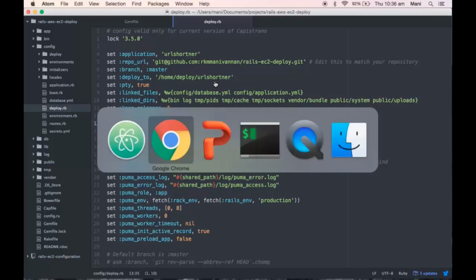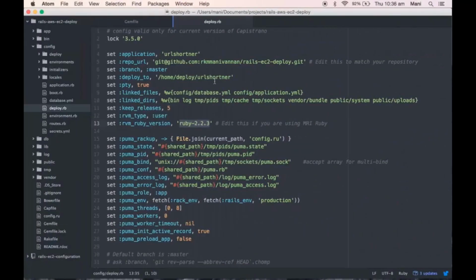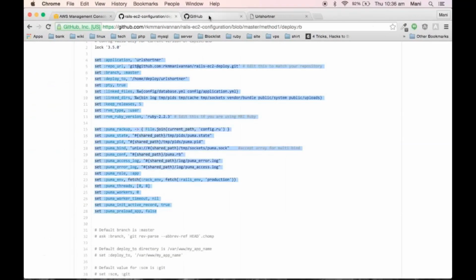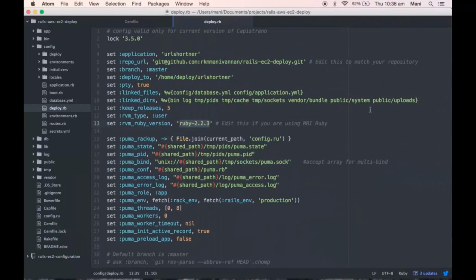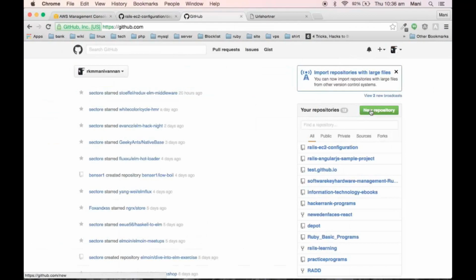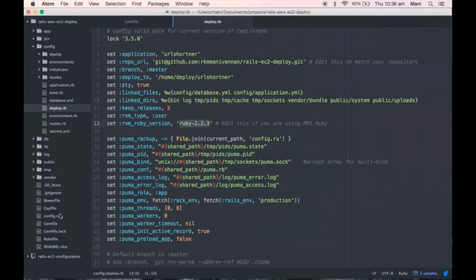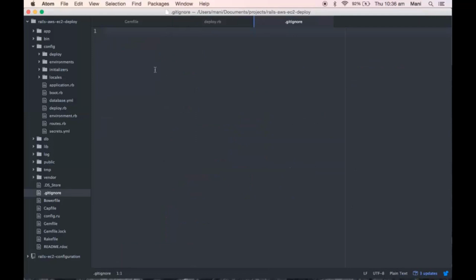Right now we haven't created any repository in my GitHub. So now we will create a new repository in GitHub and push all my files to it. Before that, we need to add a small gitignore entry for the configuration file config/database.yml.